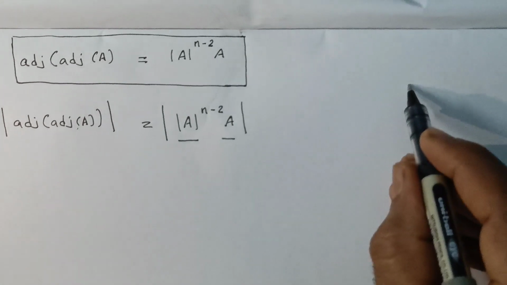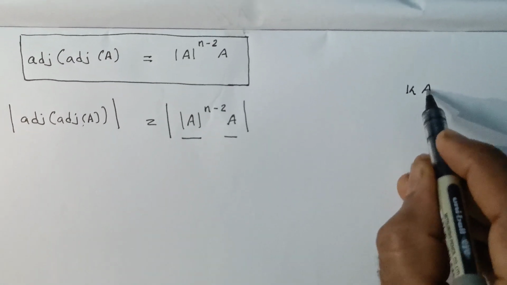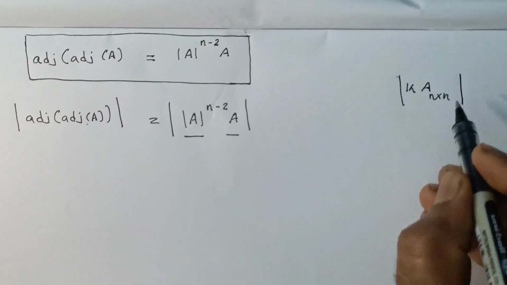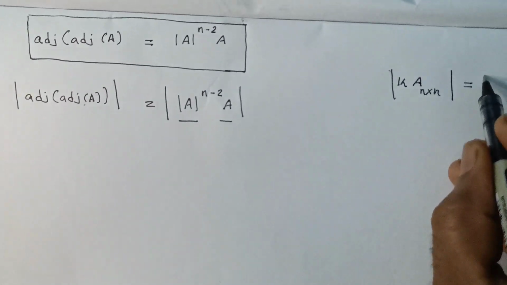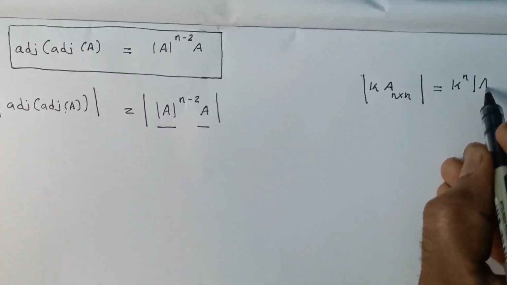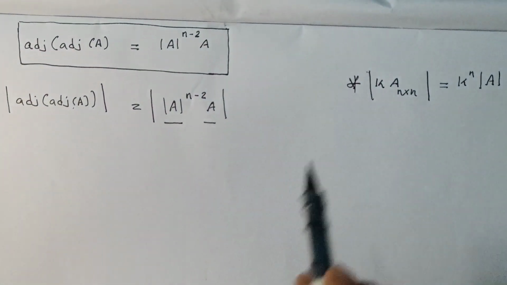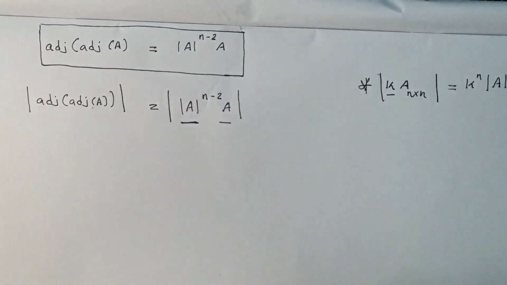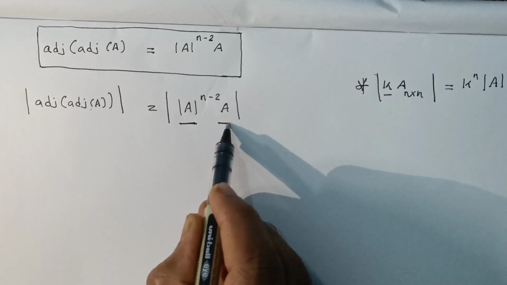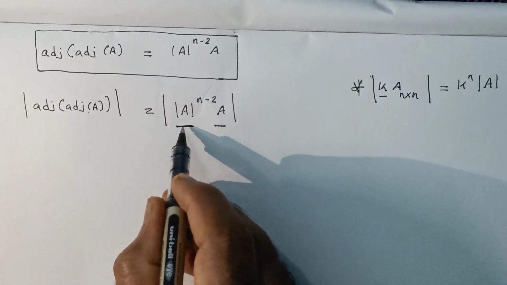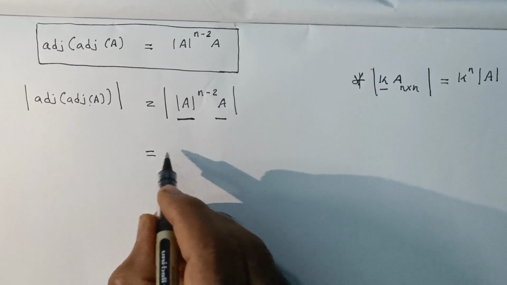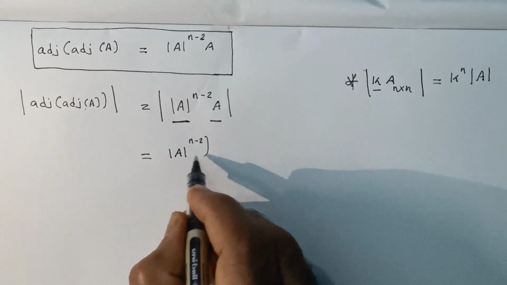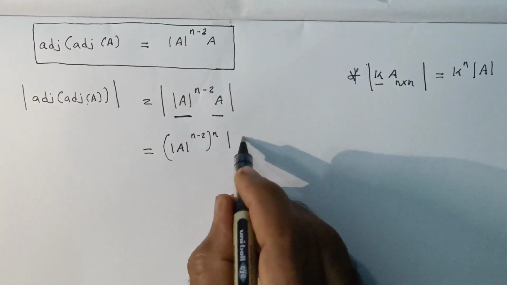We know that if K is a constant and A is a square matrix of order n by n, then determinant of K into A equals K raised to n into determinant of A. We know this property. Here K is a constant. Likewise, here the constant is determinant of A raised to n minus 2 and A is a square matrix of order n. So if we take the constant outside, it will become determinant of A raised to n minus 2, the whole raised to n, into determinant of A,